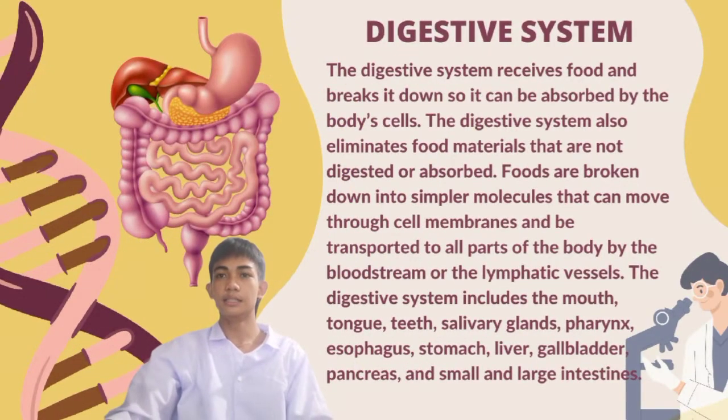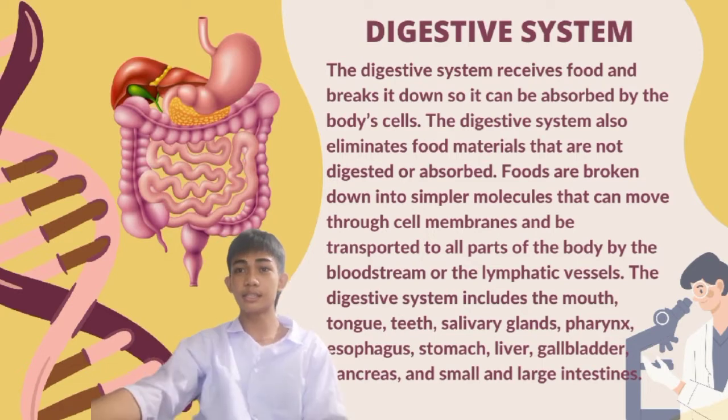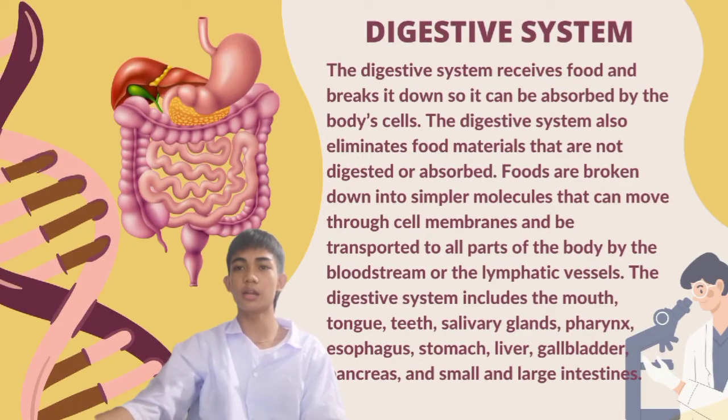Digestive system. The digestive system receives food and breaks it down so it can be absorbed by the body cells. The digestive system also eliminates food materials that are not digested or absorbed. Food is broken down into simpler molecules that can move through cell membranes and be transported to all parts of the body by the bloodstream or the lymphatic vessels. The digestive system includes the mouth, tongue, teeth, salivary glands, pharynx, esophagus, stomach, liver, gallbladder, pancreas, and small and large